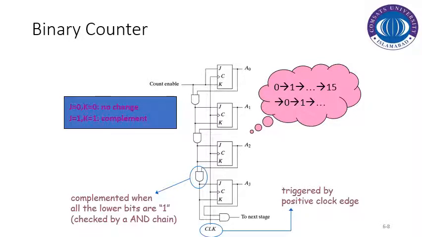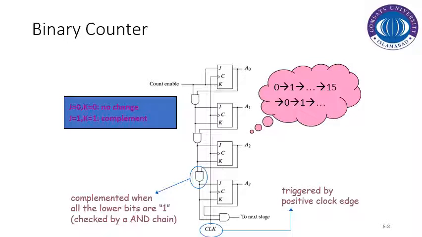So if we see the hardware platform or the setup here, we are basically using 4 JK flip flops, which can be configured in toggle state or can have the no change state. That is dependent upon whatever we are setting the count enable to. So whenever the value of count enable is 0, basically we are applying 0 0 to the JK for the first one, that is basically a no change state.